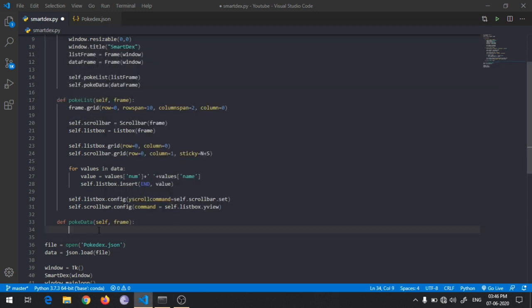Okay, so let's go ahead, and first we will be placing the frame. Note that this frame and this frame are different frames. This is the list frame and this is the data frame. So okay, we'll be giving row equal to 0, row span 10, column span 2, and column here will be 2 because it is the second part of the window.